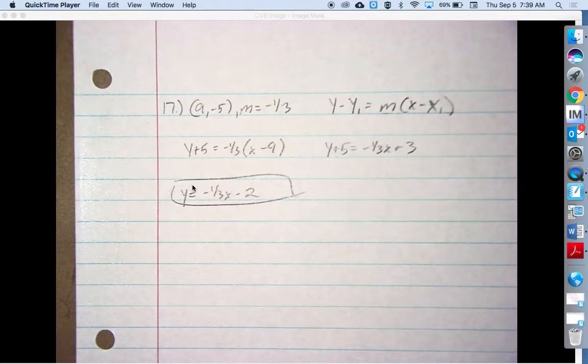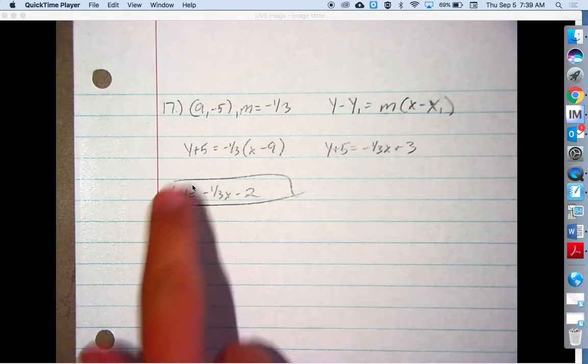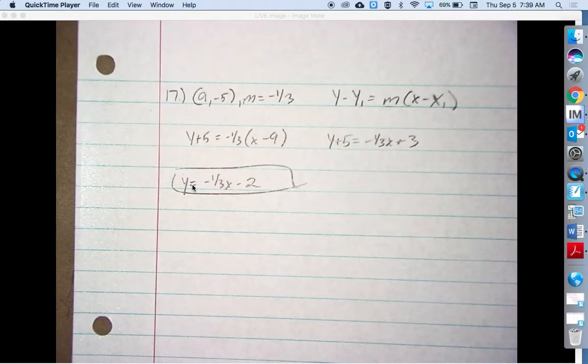So for 17, what was given to you was a point (9, -5) and the slope of -1/3. So you have to use point slope to find the slope intercept. So you plug in y minus -5, which changes to y plus 5, is equal to -1/3, and then x